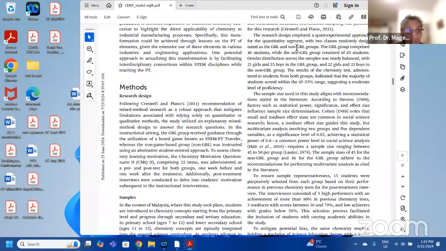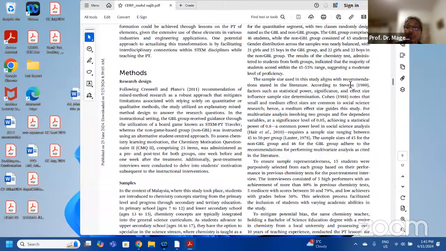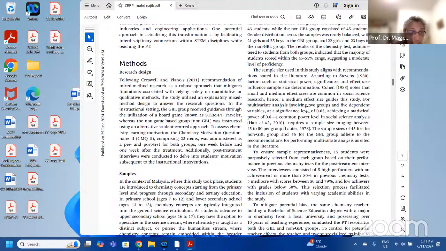The claim is the sample size is small. Even with 45. They said, no, your sample size is small. How can you convince us the sample size is accurate? I convinced them in a difficult way. You see here, the sample size used in this study aligns with the recommendation in the literature. According to Stephen, I have to talk about statistical power, significance, and effect size. And this is a multivariate study. It's not a univariate study. Because it is a multivariate study, I can go very deep and convince the people that the sample size is